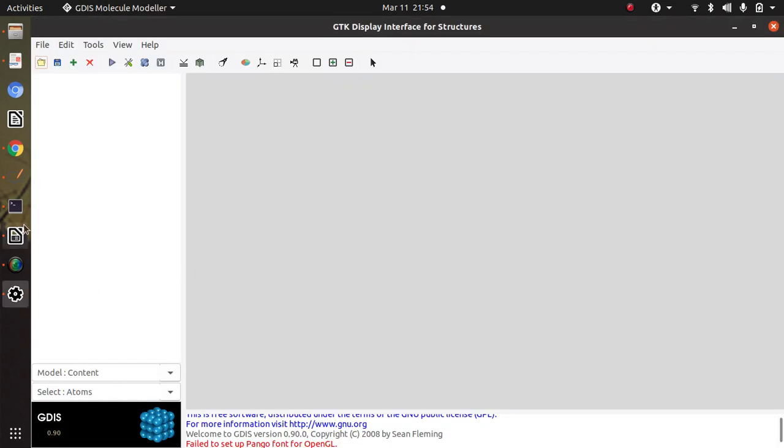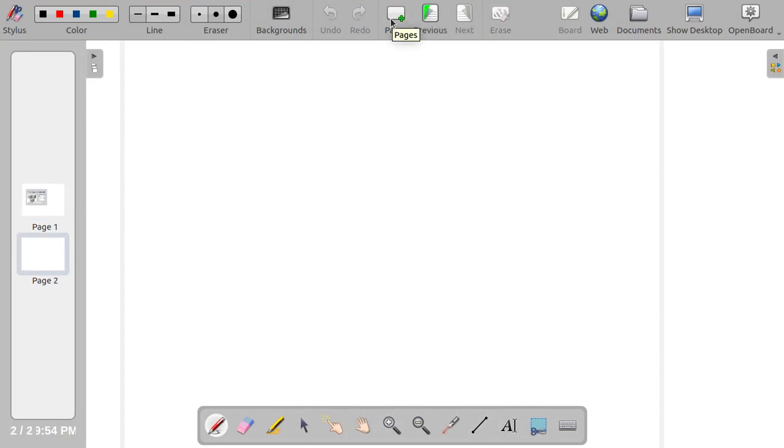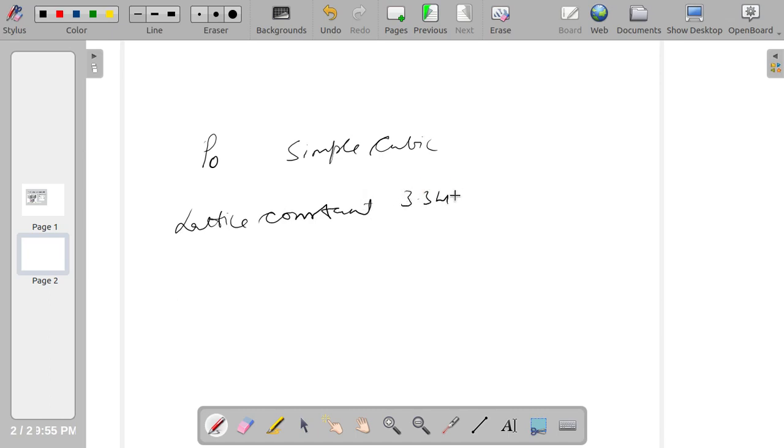So I will take an example of polonium, and polonium is basically a structure with a simple cubic lattice, with lattice constant 3.34 angstrom.